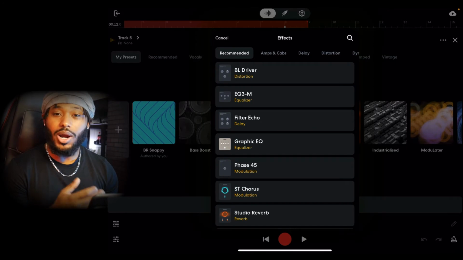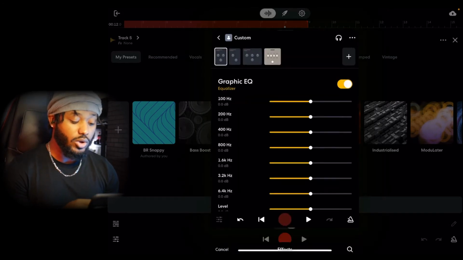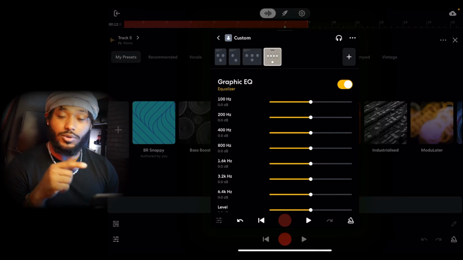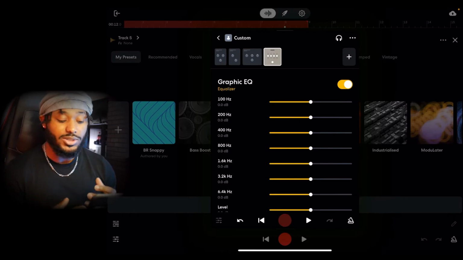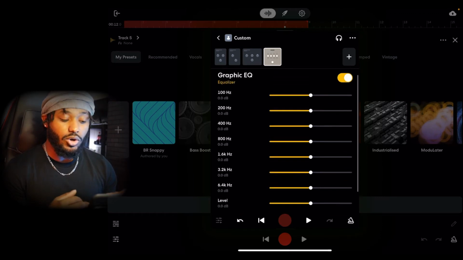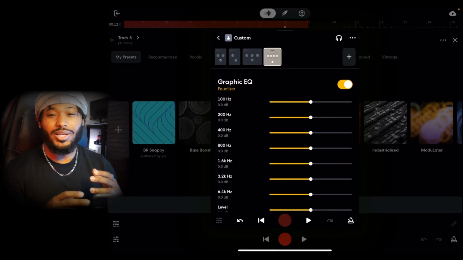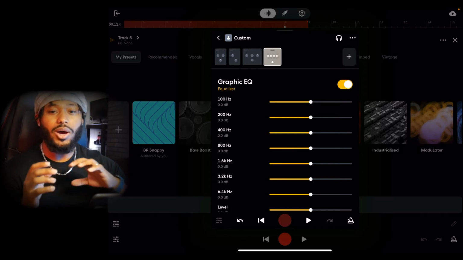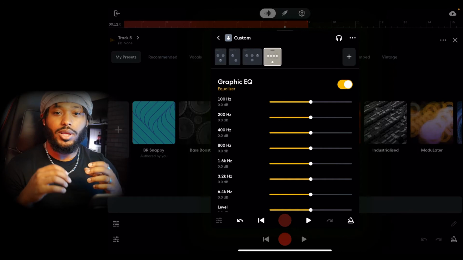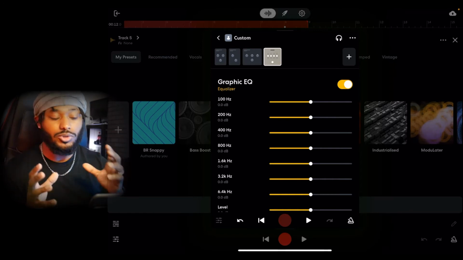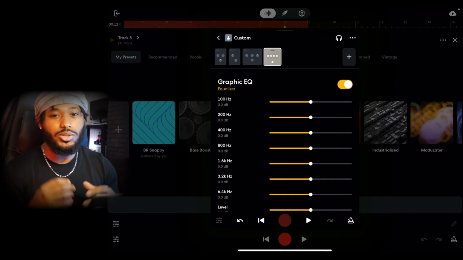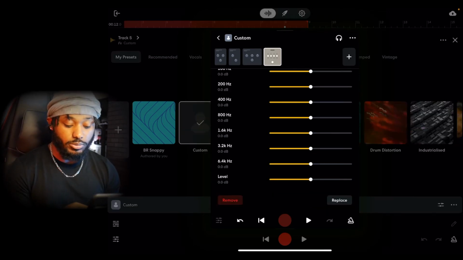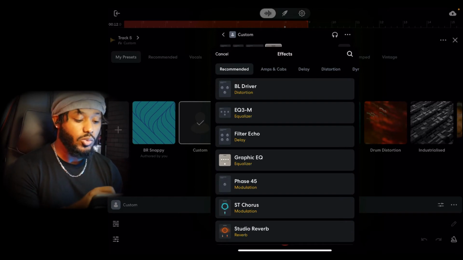Now there are some more options for equalizing where you can get a little bit more dialed in on your low, high, and mid-range frequencies, and that's called the graphic EQ. We won't touch on that today. That's just when you start getting a little bit more familiar with how equalizers work and how you want to high pass and low pass your filters and stuff like that, then you'll probably graduate to using a graphic equalizer. So for now, we can either remove it or replace it. I think we're going to replace it with something like